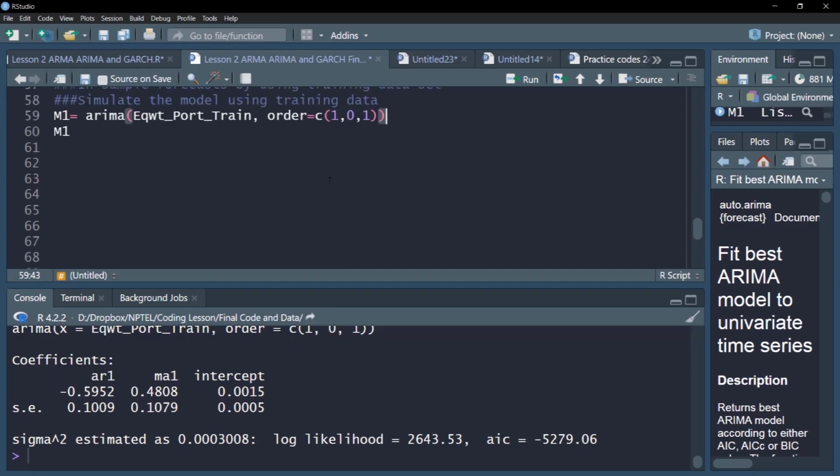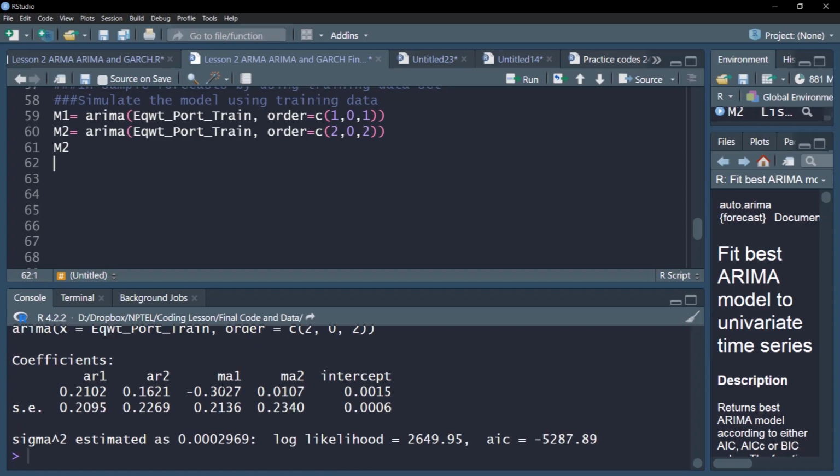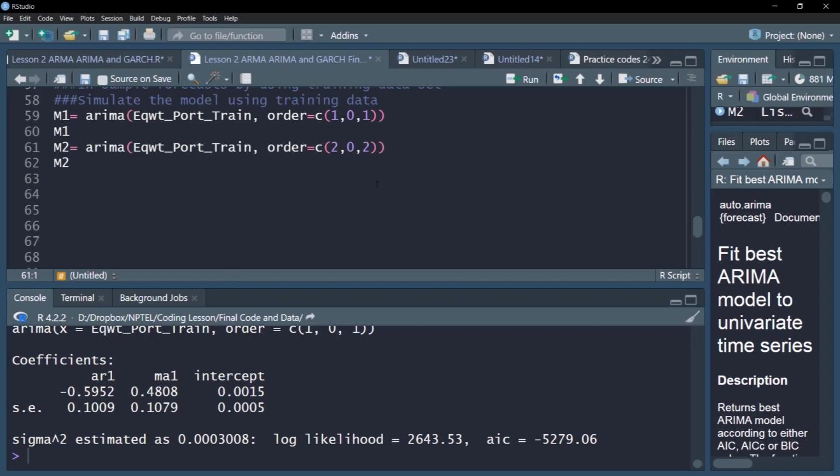Here you can see the output. Similarly, you can simulate M2. How do we simulate M2? By assuming two AR and two MA terms. So this is M2. Let's print M2 now. So you can see M2, two AR and two MA terms. Earlier we started with M1, then I can also do M3 where we'll use 3. Now the model has become more complex.